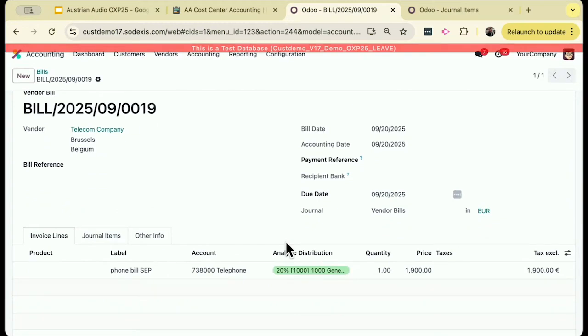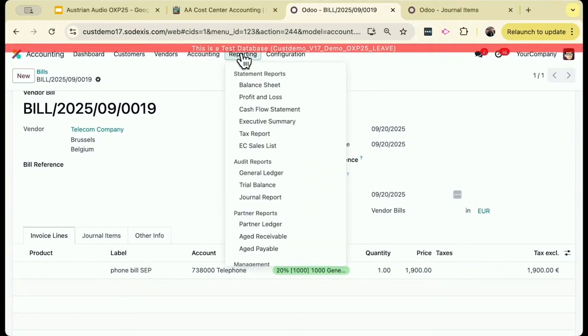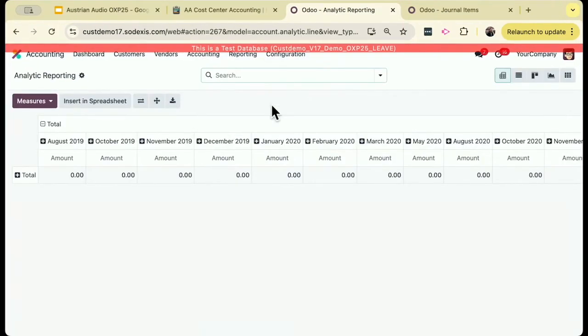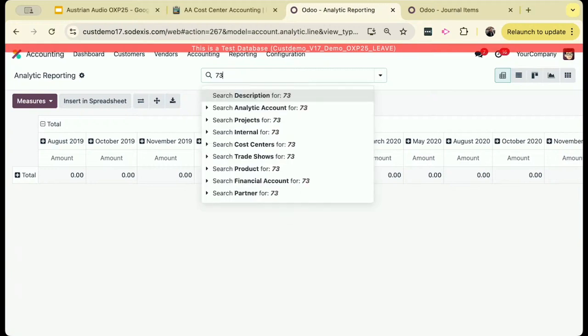Now that we have the automation running, and as the vendor bills or invoices come in, we want to analyze our data. And for that, we are using the analytic reporting tool of Odoo, which allows us to analyze the data from different perspectives. So if we now look at the telephone costs,